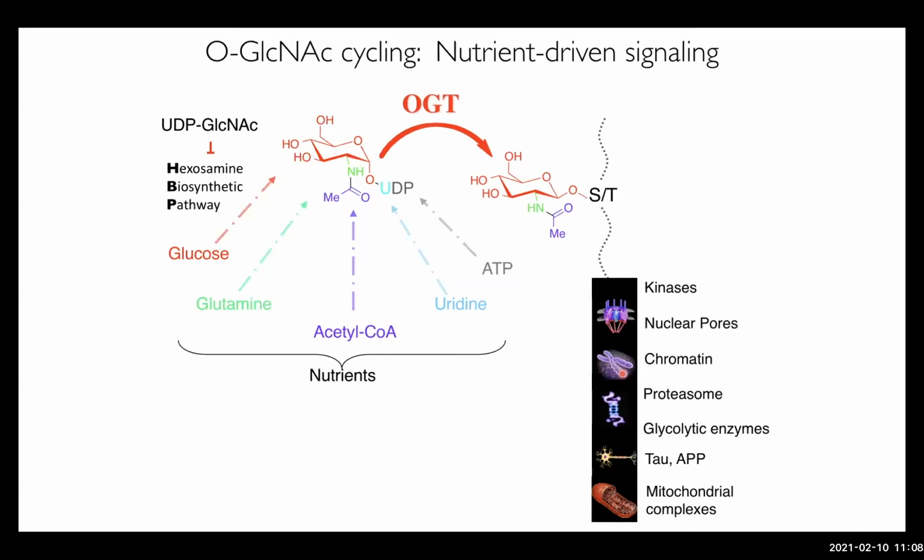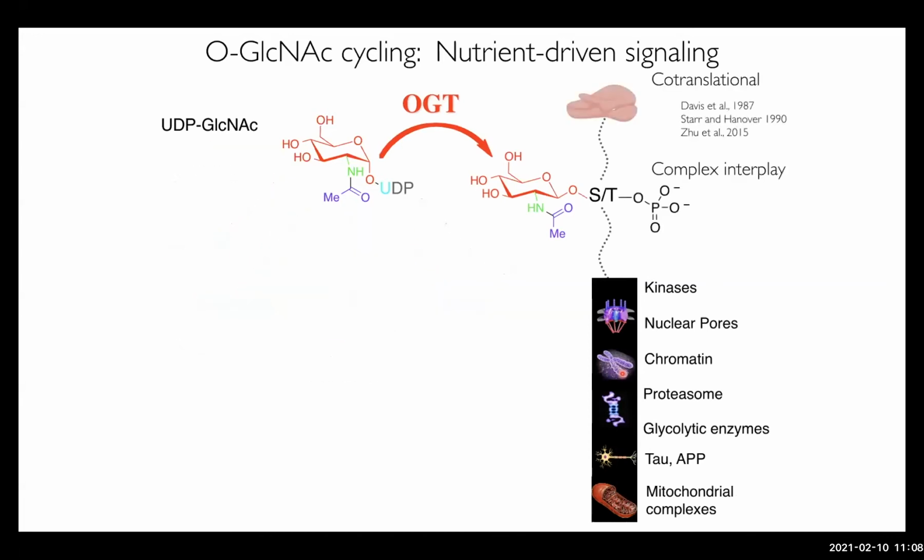Many of your favorite targets are listed here, including kinases, nuclear pores, and mitochondrial complexes. There's also a complex interplay between O-GlcNAc and phosphate. And we'll talk more about that interplay in a few minutes, but it is complicated further by the fact that over 550 kinases act at the same sites as O-GlcNAc, and many of those kinases are O-GlcNAc modified. So you can imagine the very complex interaction that occurs between these two